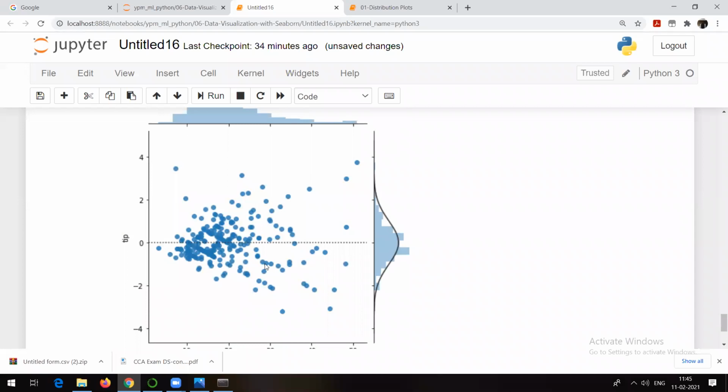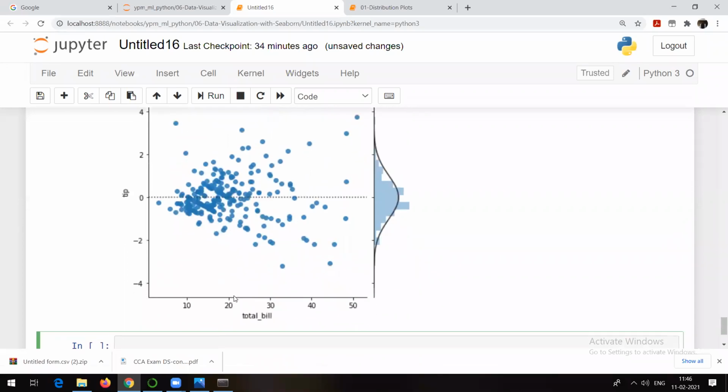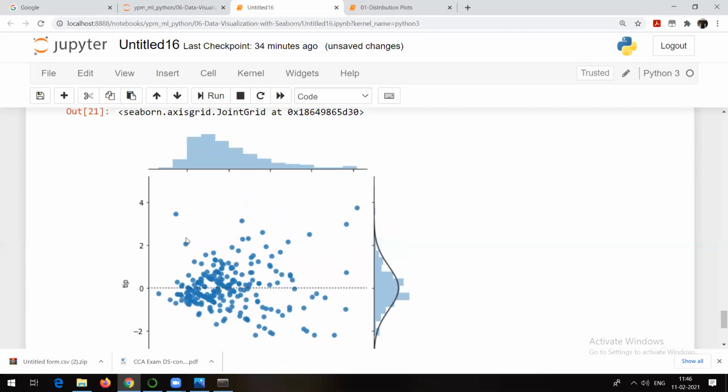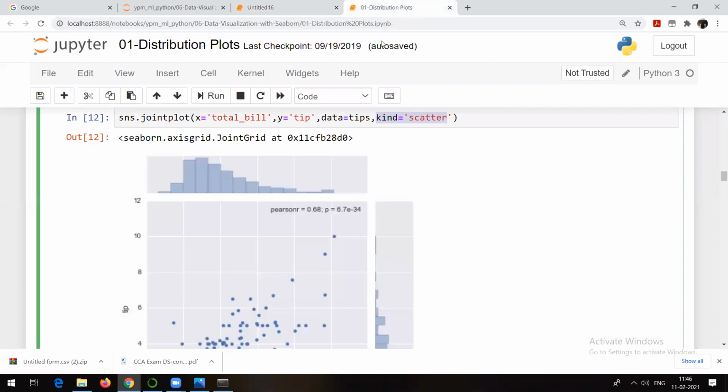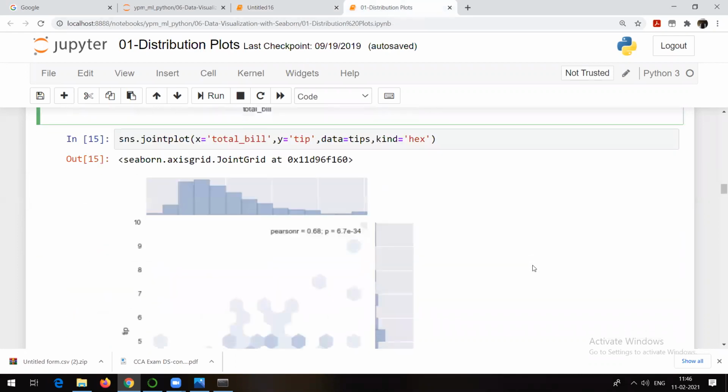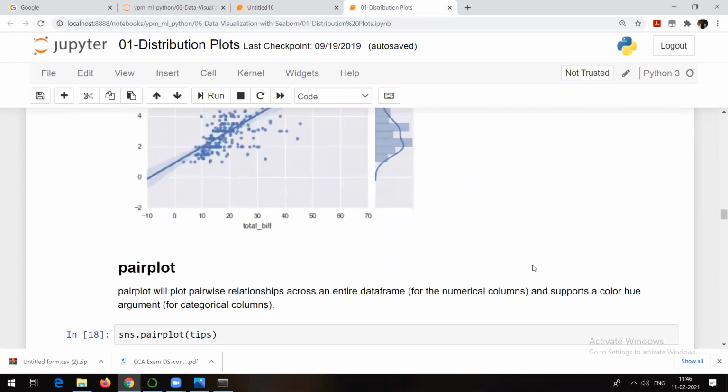See this particular thing, right? So tip and total bill. As I said, residual is nothing but error. We'll be talking about the residual in linear regression. Line of best fit, we will talk about in linear regression. And the residuals or errors, we will talk about in linear regression. So obviously, we will make use of the equation of a straight line. We will see the theory part, and then we will implement it. Okay. So here we have discussed this because in case of joint plot specifically, we have all these options. So this is what I have shown you till now.